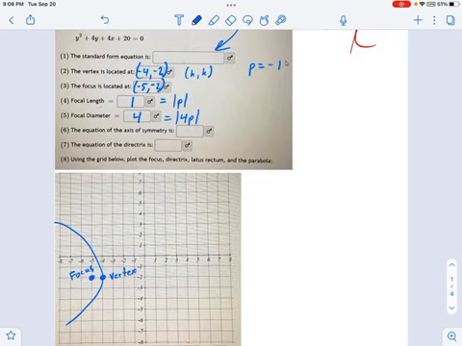Okay, great. So that's a really good start. Let's get rid of this sketch parabola. We're going to do better than that. The focal diameter is 4. Oop, not ready for that yet. I want the equation of the axis of symmetry.